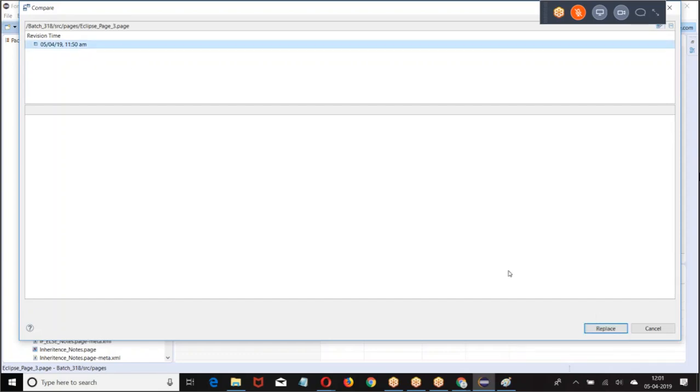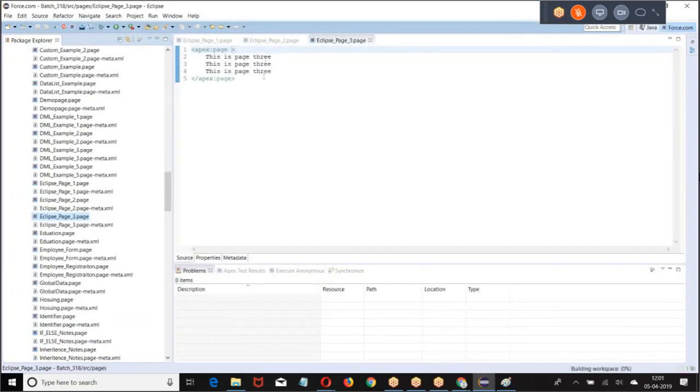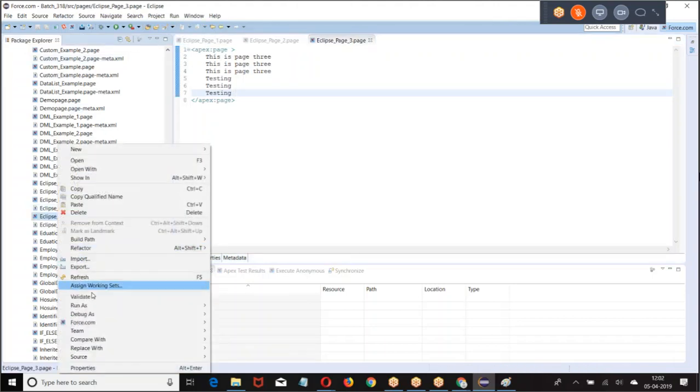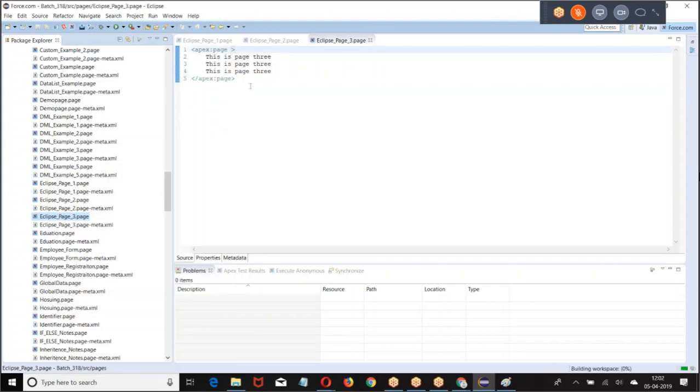When I click on this, replace, what is the code we got? Your code is replaced with the old copy because we are maintaining a local copy there. Then again, go to the Eclipse, replace with the previous from local history.